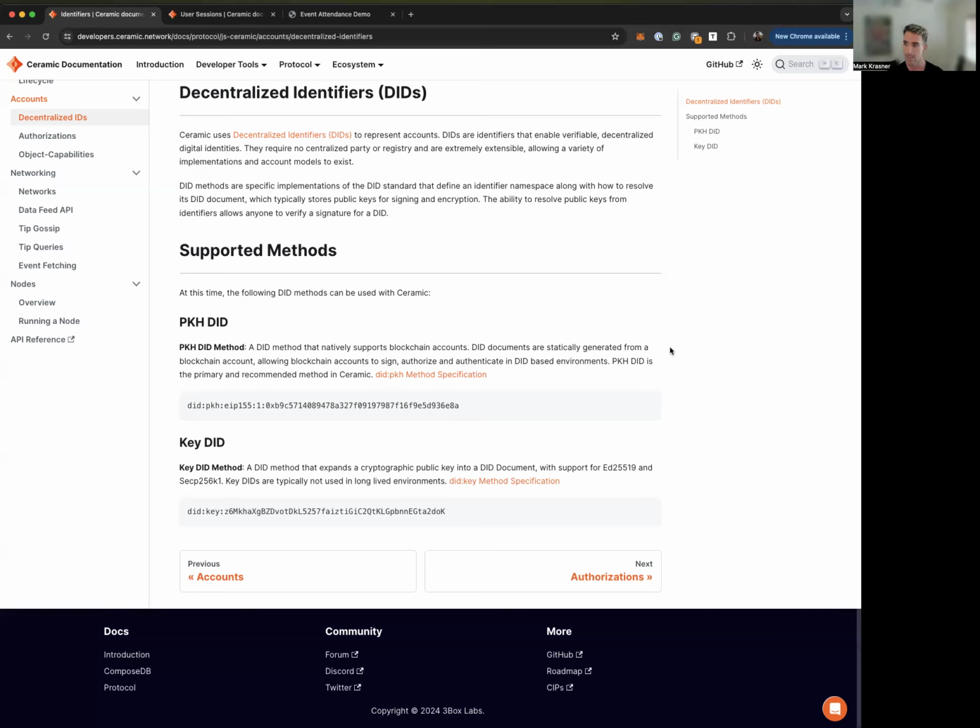Conversely, did:key is actually the method under the hood that's used when browser sessions are created for end users, because what they're doing is creating a did:key, and that did:key has the ability to write on behalf of that user for a limited amount of time. But it can also be used by applications directly if they want to write data to Ceramic and say, like, this data is owned by my application instead of being owned by the end users. And so what I wanted to do is cover how these two methods can be used within a simple React